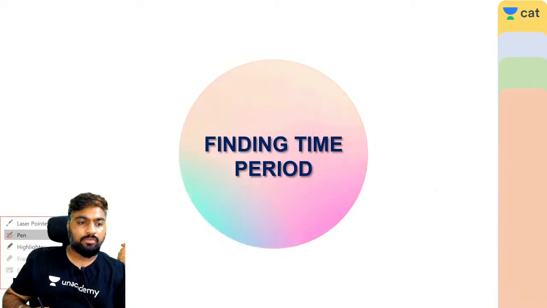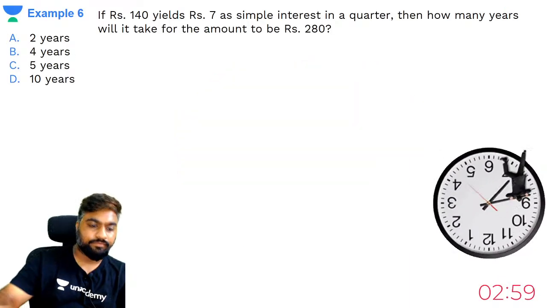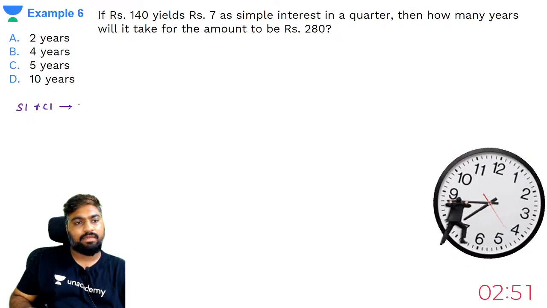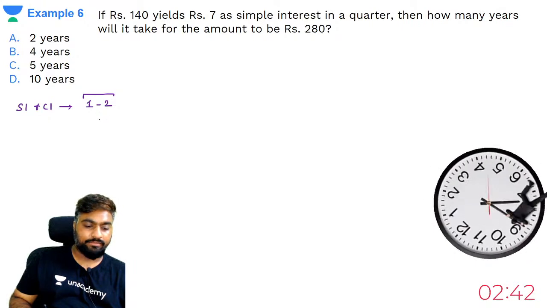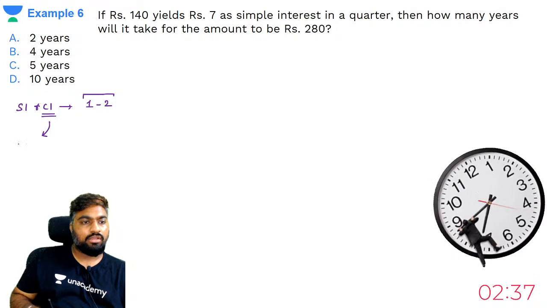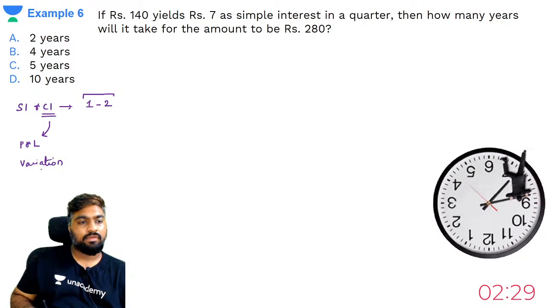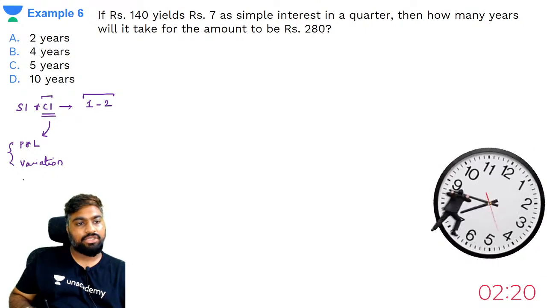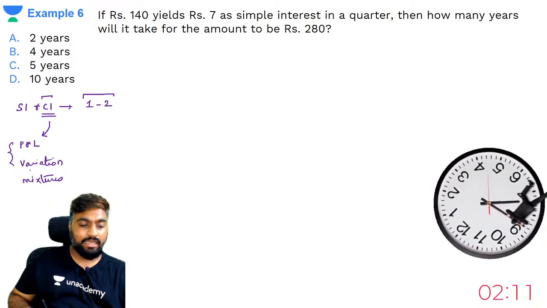नाउ लेट्स गो ट्राई सम क्वेश्चंस आउट वेयर वी हैव टू फाइंड द टाइम पीरियड। यहाँ पे प्रिंसिपल, रेट, इंटरेस्ट, अमाउंट, इनमें से कोई 3 वैल्यू देंगे, हमें टाइम निकालना है। सौरभ, टू बी ऑनेस्ट SI/CI के क्वेश्चंस डायरेक्टली बहुत कम आते हैं, 1 से 2 क्वेश्चन ही आते हैं, राइट। बट CI एक ऐसा कॉन्सेप्ट है जो यू विल बी अप्लाइंग इन प्रॉफिट एंड लॉस, सक्सेसिव जब होता है तब, और वेरिएशन में, मिक्सचर्स में भी आप CI का ही कॉन्सेप्ट लगाओगे, है ना। तो भले ही डायरेक्ट क्वेश्चंस कम आते हैं बट इनडायरेक्टली बहुत ज्यादा आ जाता है।